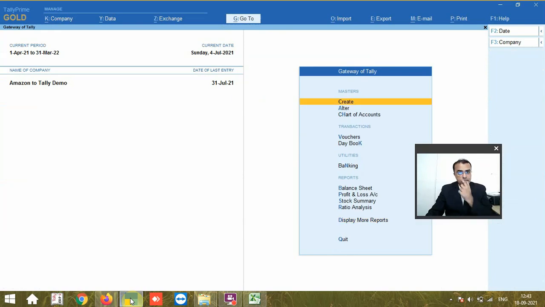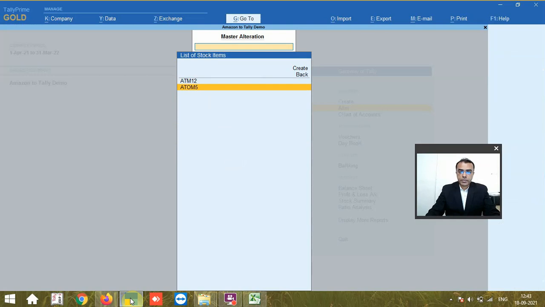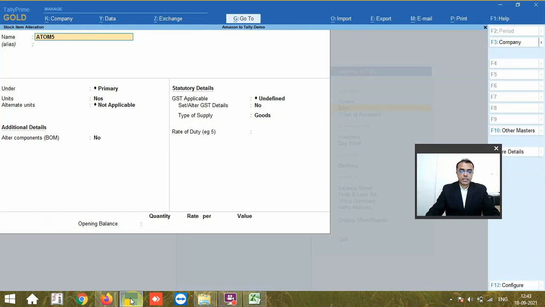Now in case you already have a product in your Tally, then what you can do is put the SKU code as an alias. How? Let me show you. I'll go to stock item and let's say the name of this product in your Tally is created as Samsung Galaxy A71, and here you can specify the SKU code 05.